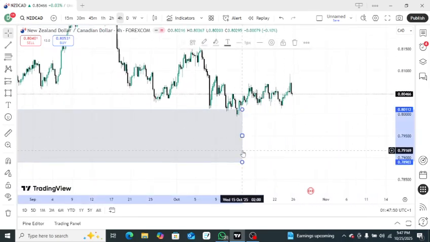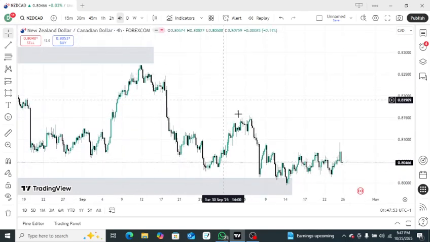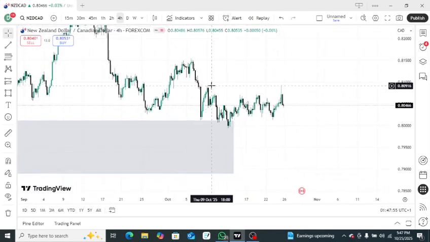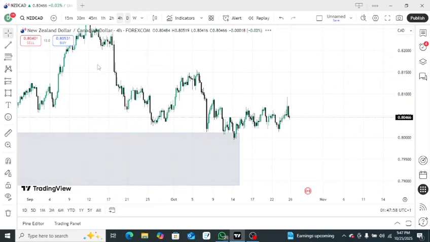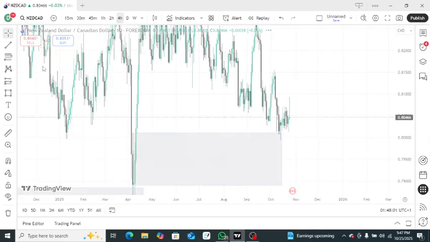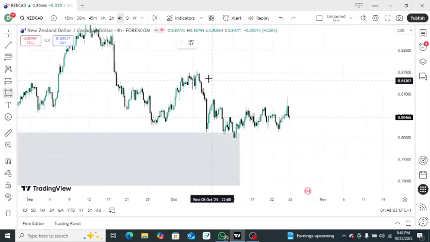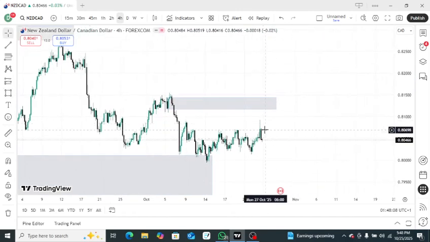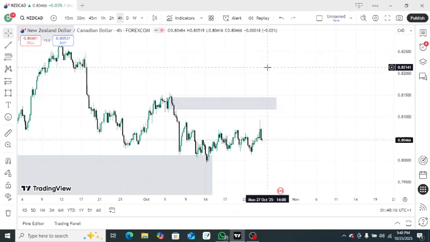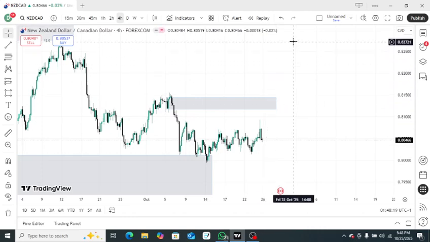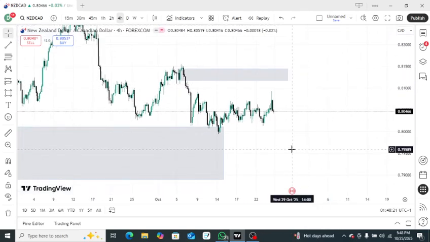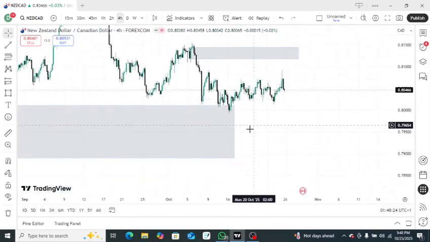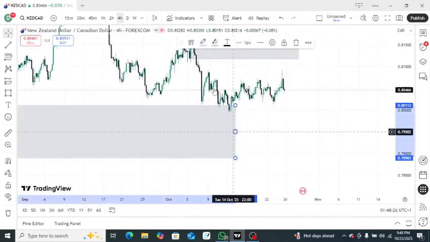So now that I've identified where I'm going to be taking my buys from after this sell that happened here, on the higher time frame I've seen that I'm expecting a reaction from this key level here, meaning that I expect price will have a reaction here. But I'm waiting to see if price will break. If price breaks this higher, that means we have high percentage chances that we're going to continue going higher. But if price fails to break, it means I might come back down and continue higher, or we might continue selling. So now that I've identified my key levels and where price may actually come from,